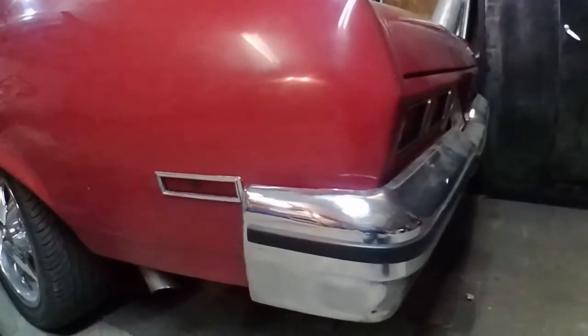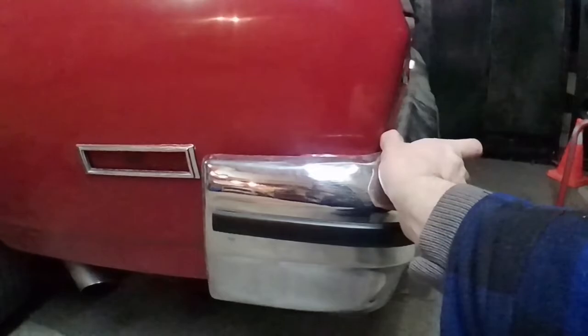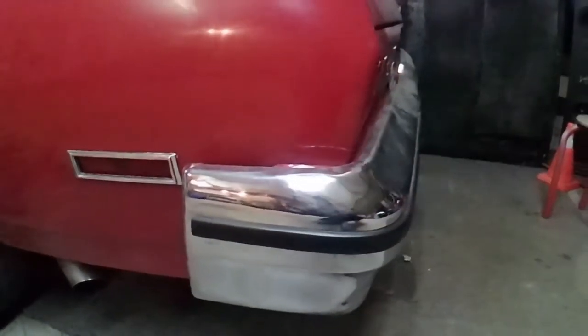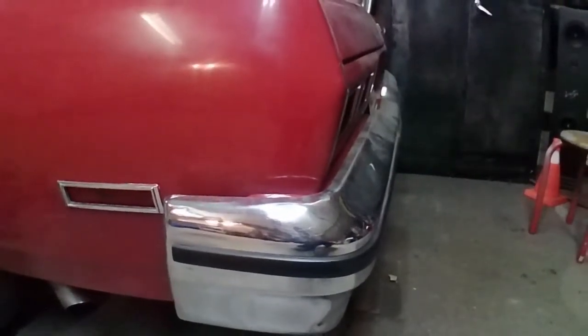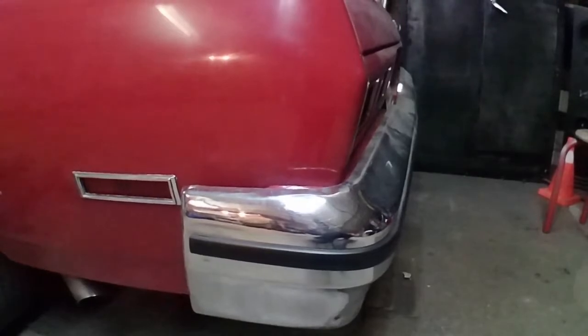So this is the bumper in question that I'm talking about. So the bumper stuck out about 5 inches more. So it was way out here. It looked like a yacht with a diving platform off of it. It was okay, but